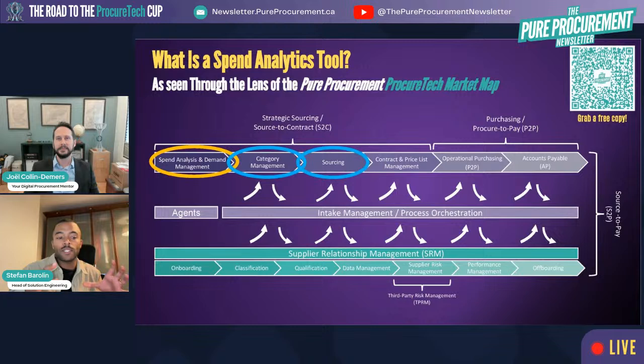And then it's what is happening next that really matters to your business, to your stakeholders. What can you do of all of the insight that you can find in spend analytics to really execute on? That's really where the magic happens and where the procurement team is able to shine